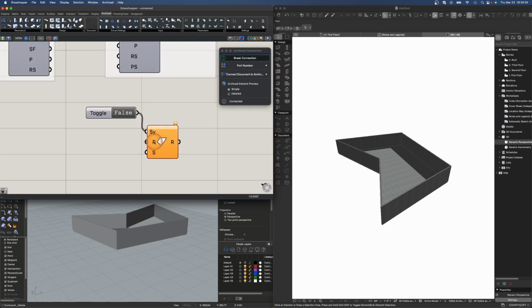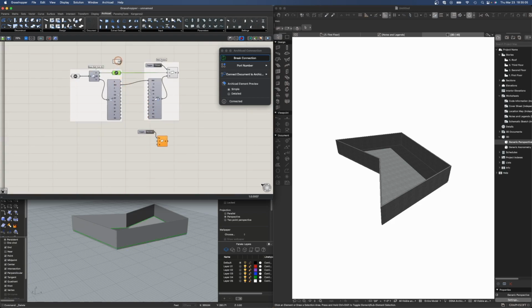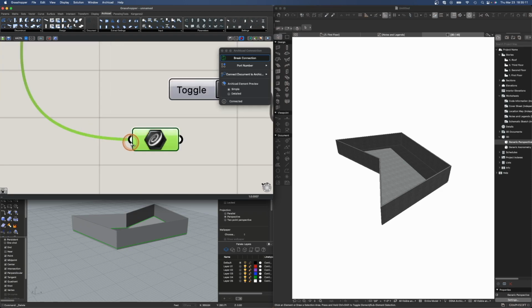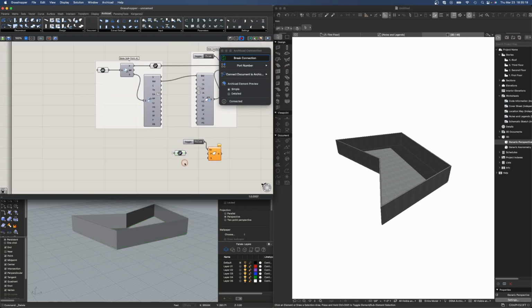If I zoom in, you can see that, again, the roof is asking for a polygon. So I can just take the same polygon from here. I'm still connected to that deconstructed polygon. If you want, you can also make the wire on that side disappear. Just make it hidden so that you keep your canvas clean, connect it, and then